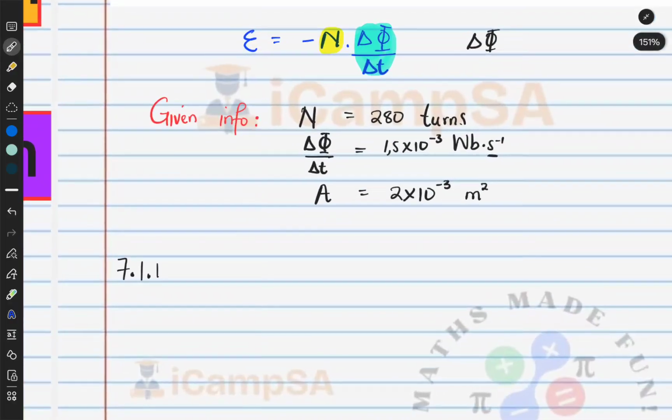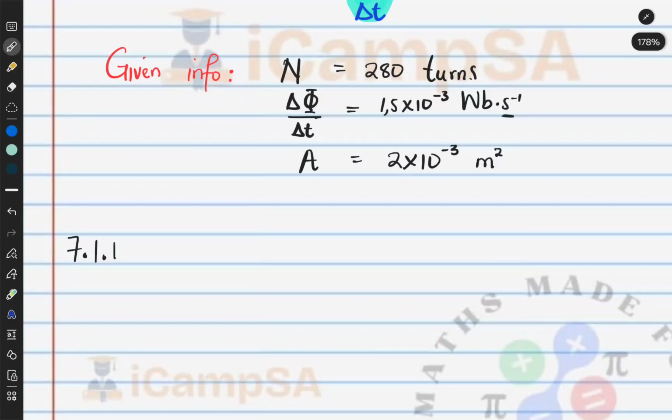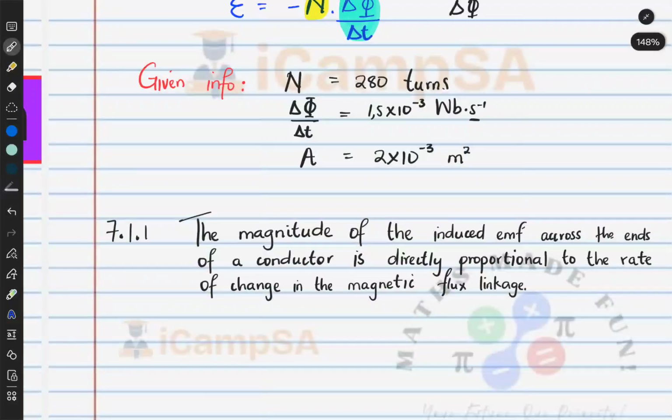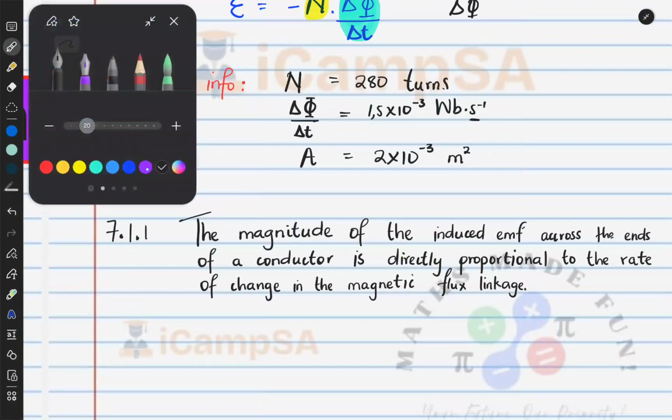So simply stated, Faraday's law of electromagnetic induction states that the magnitude of the induced EMF across the ends of a conductor is directly proportional to the rate of change in the magnetic flux linkage. That's it. You don't include anything else. So this is exactly how you would state it, right? So now let's check